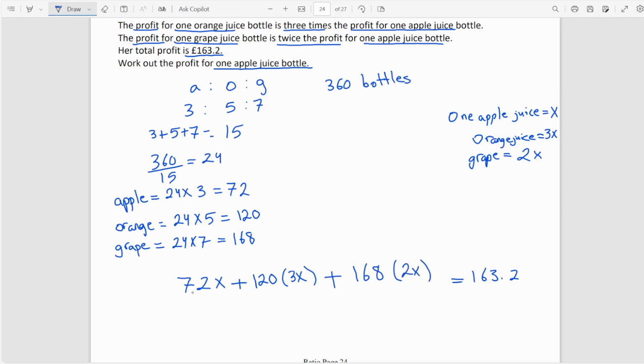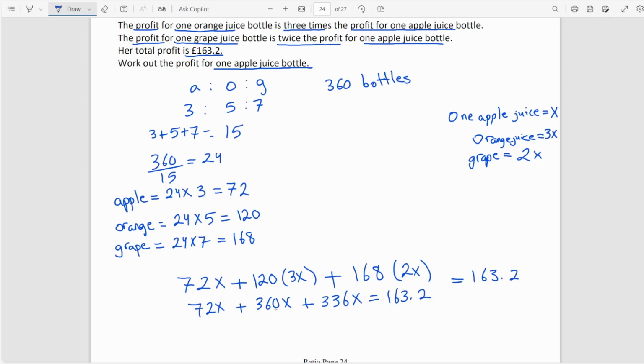All right, so now we're gonna do this step by step. 72x, let's multiply firstly 120 times 3, which gives us 360x, and 168 times 2, which gives us 336x, is equal to